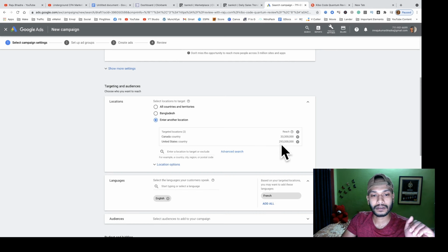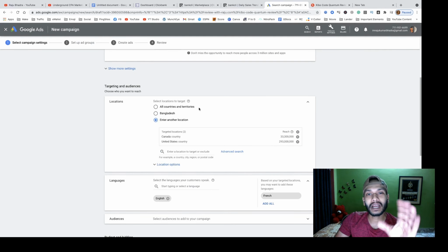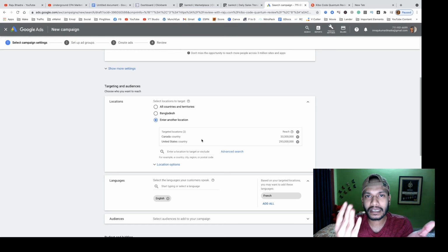You have to choose all the tier 1 countries: United States, Canada, Australia, New Zealand, Singapore, or United Kingdom. Mainly choose United States and Canada.